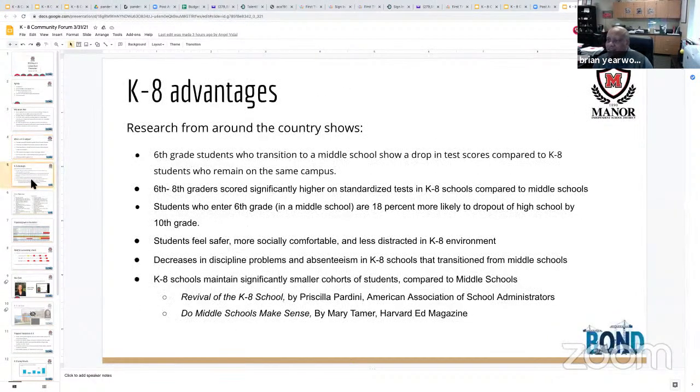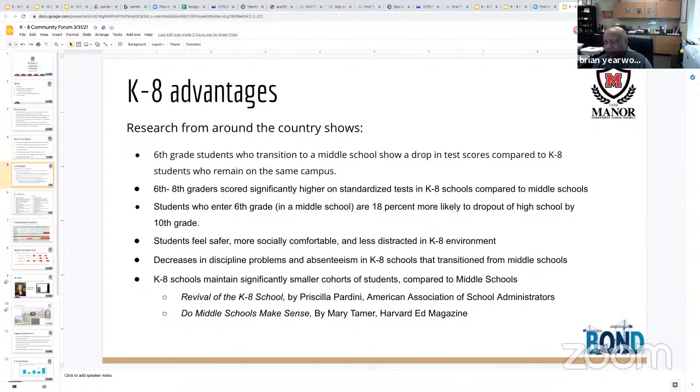All right. There are several advantages to a K-8 campus, and we're about to talk about those now. We looked at research from around the country. And what the research tells us is that as 6th grade students transition to middle school, there's a drop in their test scores and their academic performance as compared to K-8 students who remain on the same campus. Also, 6th through 8th grade students tend to score significantly higher on standardized tests while they're in a K-8 campus